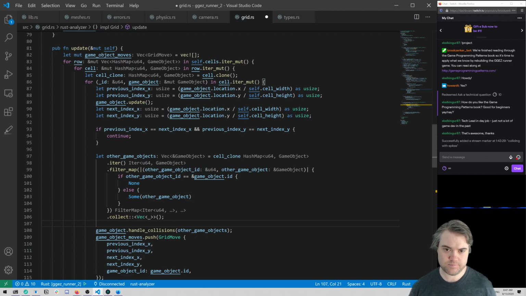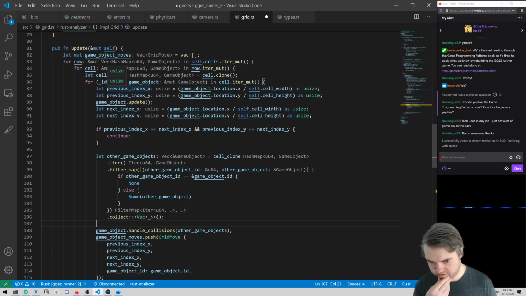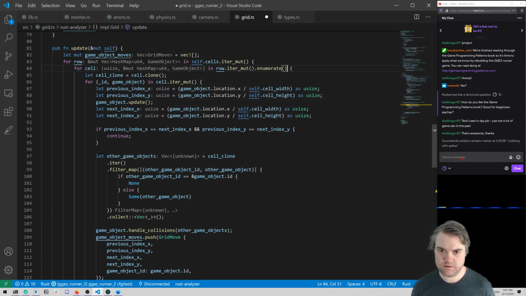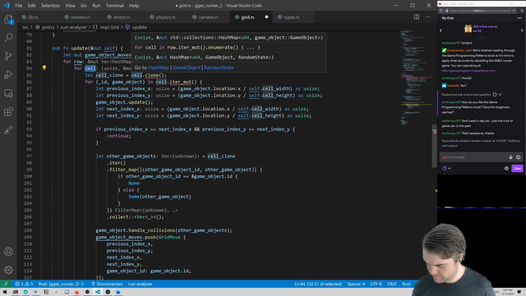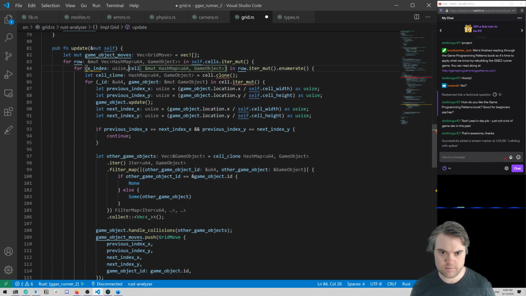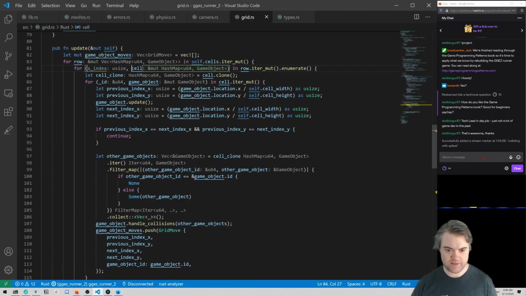So if there is another cell, which means I need an index, I need the X index, which I can get right here. And then the cell is exactly the same. Okay, so we have that. Then our X index,